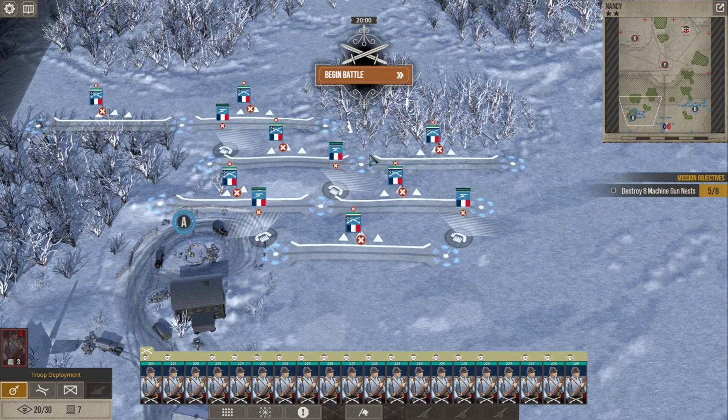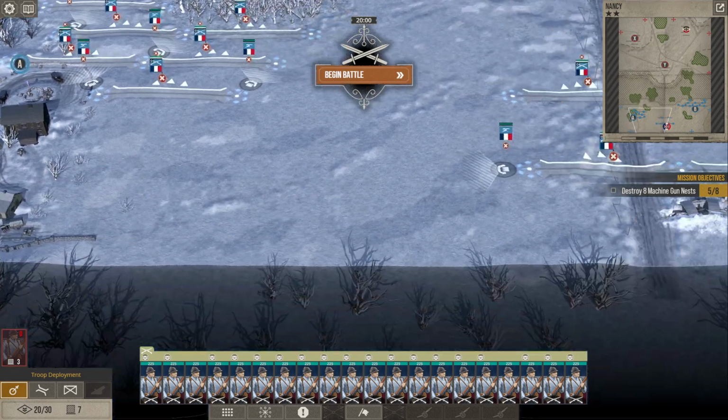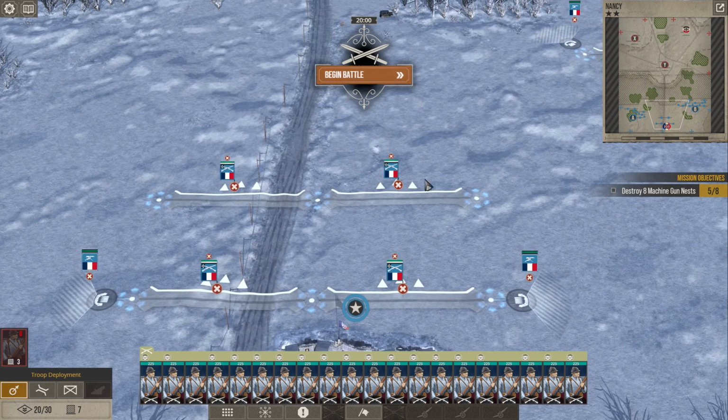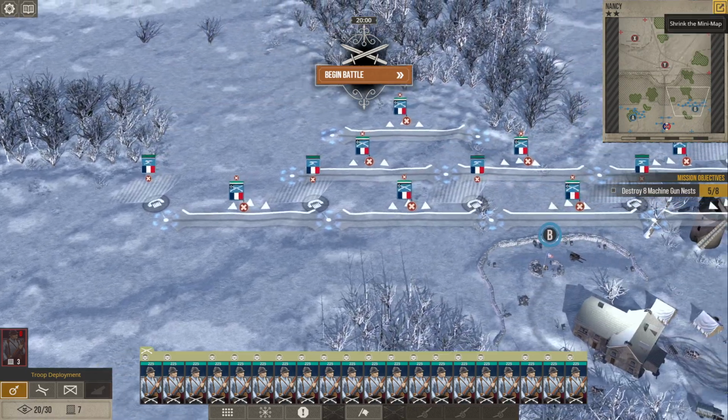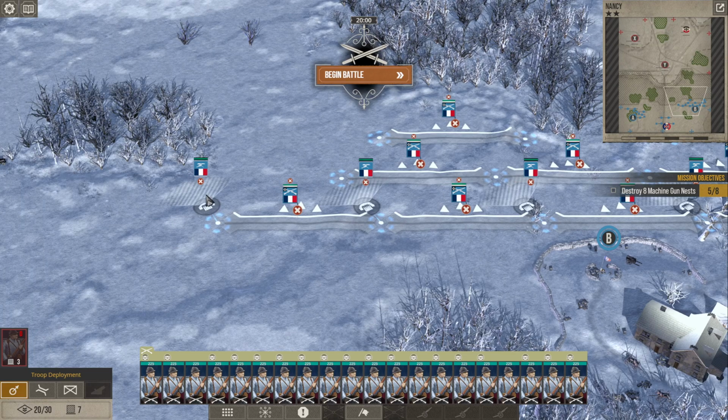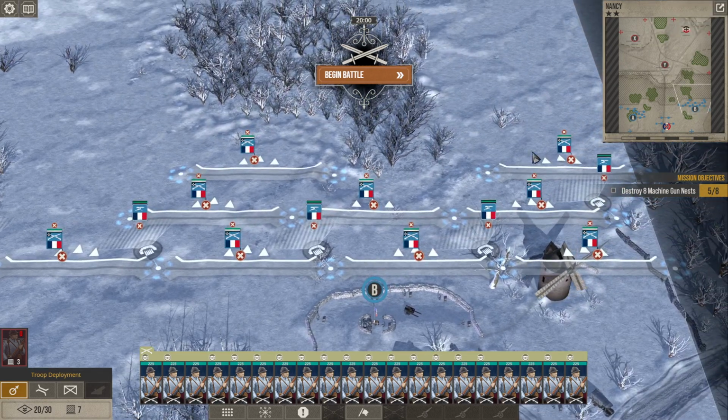But we've got 4 MG nests here. We've got 2 MG nests pointing sideways with 4 infantry that are obviously shooting forward. Then we've got 1, 2, 3, 4, 5 infantry nests, MG nests over here. So